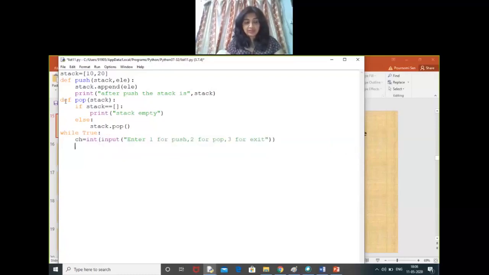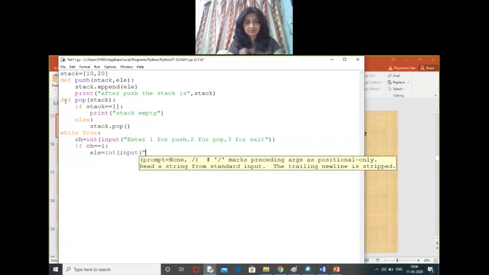Okay, so after that we are just checking if ch equals 1, we have to take the element from the user. So we are taking a variable le equals int input, not necessarily it has to be integer. For this particular program we are taking it integer.